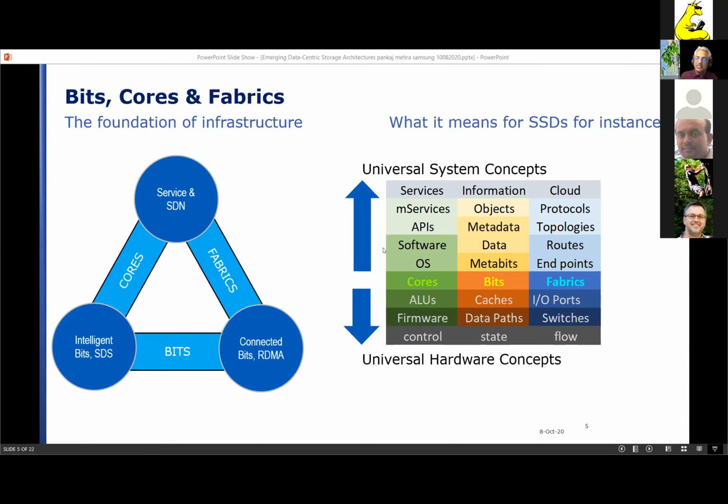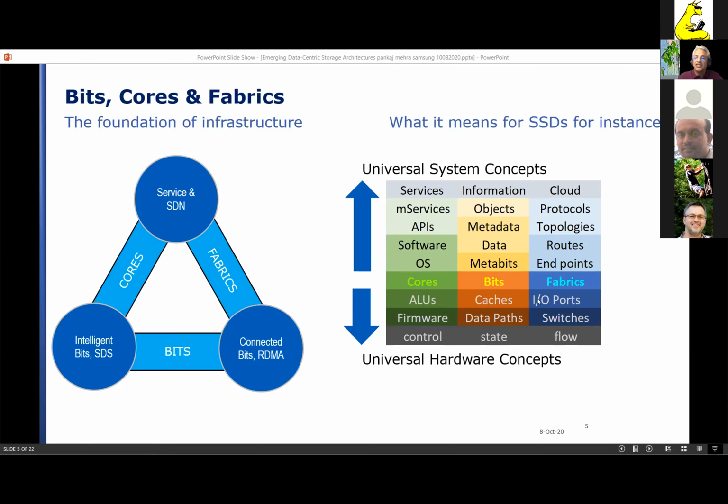It's not necessary that we build a storage device out of bits only. That's the primary thing that we build them out of. A single SSD today has 7 to 16 ARM cores. And a typical SSD connects over the PCI fabric, but could easily connect to Ethernet. You could take those and continue to do things like control state and flow, which gives us the device as we have today, kind of a dumb device.